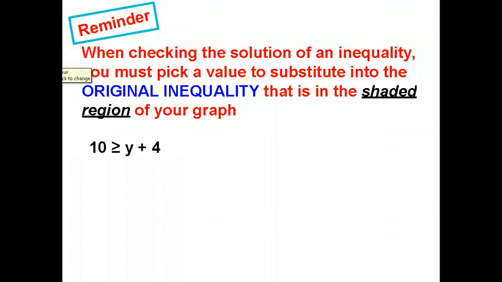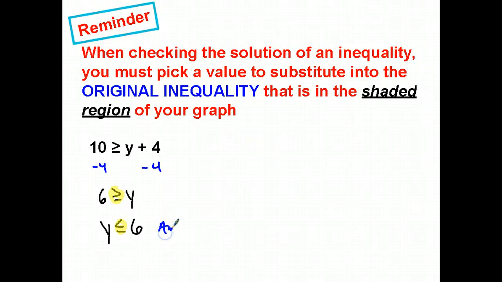So 10 is greater than or equal to y plus 4. I want to get y alone, so I'm going to subtract 4 from both sides. And I would get 6 is greater than or equal to y. But then I want to flip it around, so I flip the y and I flip the 6. So it's important that we also flip that inequality sign. So again, notice the inequality sign from here to here. If I flip the y and the 6, I also flip that. So my solution in this case would be described as any number that is less than or equal to